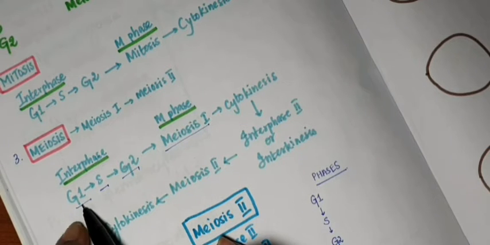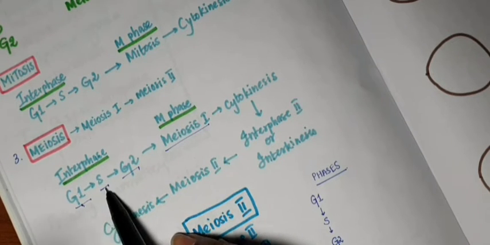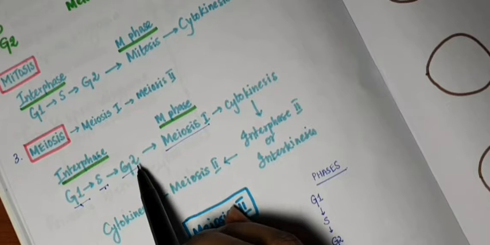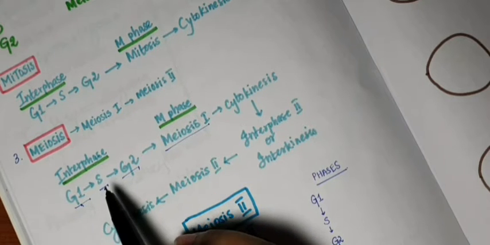And between meiosis 1 and meiosis 2, we have another interphase, okay? It's called interphase 2 or interkinesis. It's similar to interphase, but not the same. In interphase, there are 3 phases. A first gap phase or G1, an S phase or a phase of synthesis, and a second gap phase or G2. Now in S phase, there is replication of the DNA.